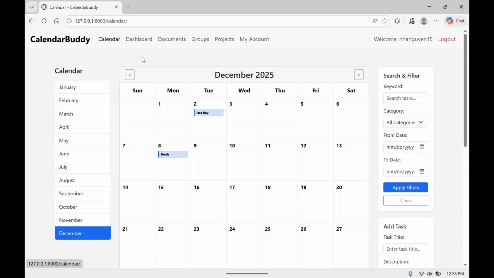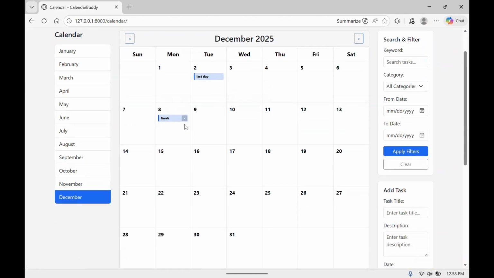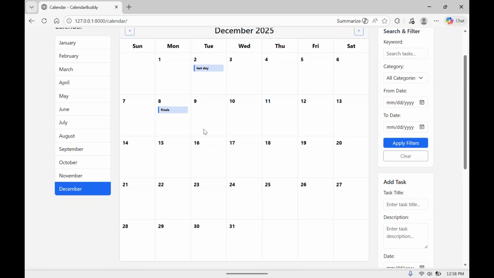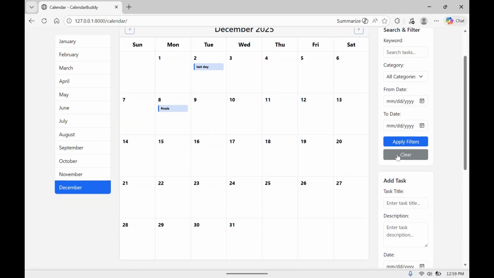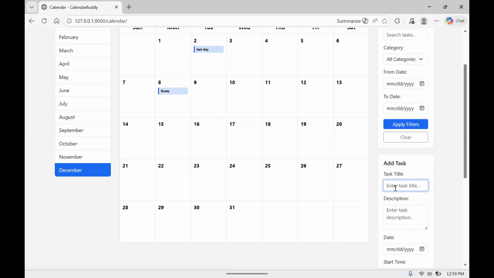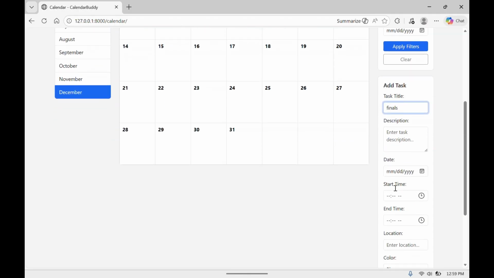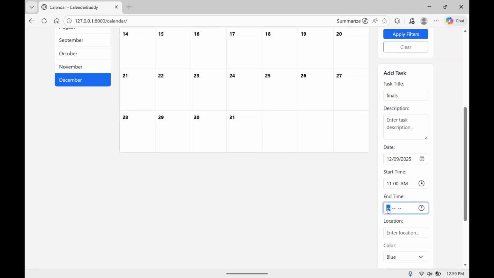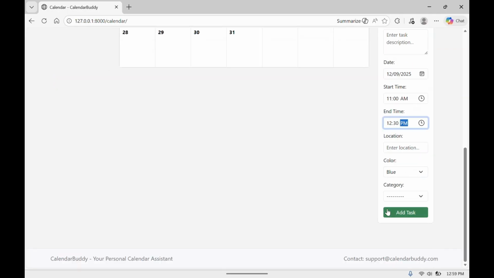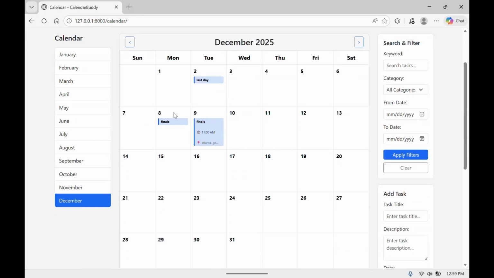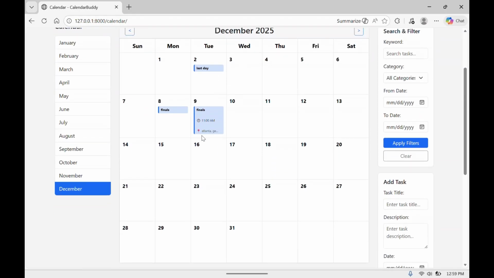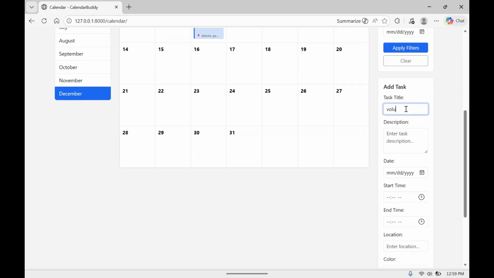So I'm going to go into the calendar and I already have some events saved here for the color blue, and it's representing school. So I can have another one that says finals on a different date, and maybe it starts at 11 a.m. and ends at 12:30 p.m. And I can set that to Atlanta, Georgia, blue, and I can categorize that as school. So then I can see here that the blues represent school,